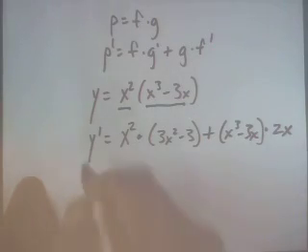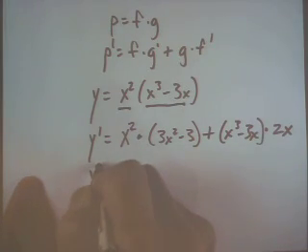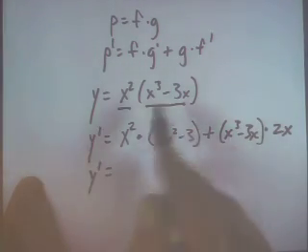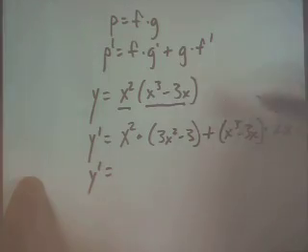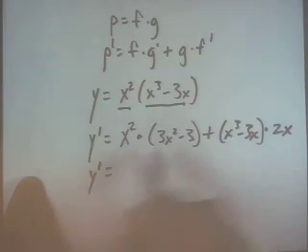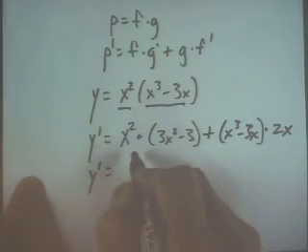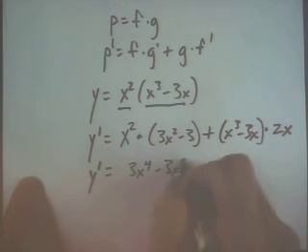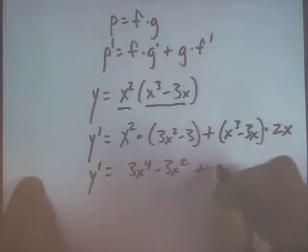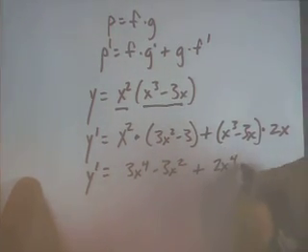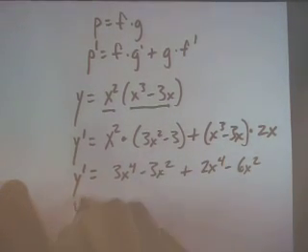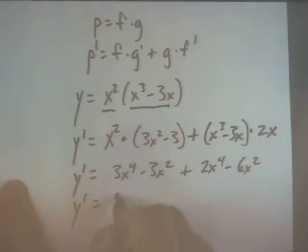Then we might simplify some. I'm not sure it's too worth it since the gist of this lecture is just to learn how to apply the product rule, but we'll go ahead and simplify some. This would be 3x to the 4 minus 3x squared plus distributing the 2x to the 4 minus 6x squared. So the simplified derivative would be 5x to the 4